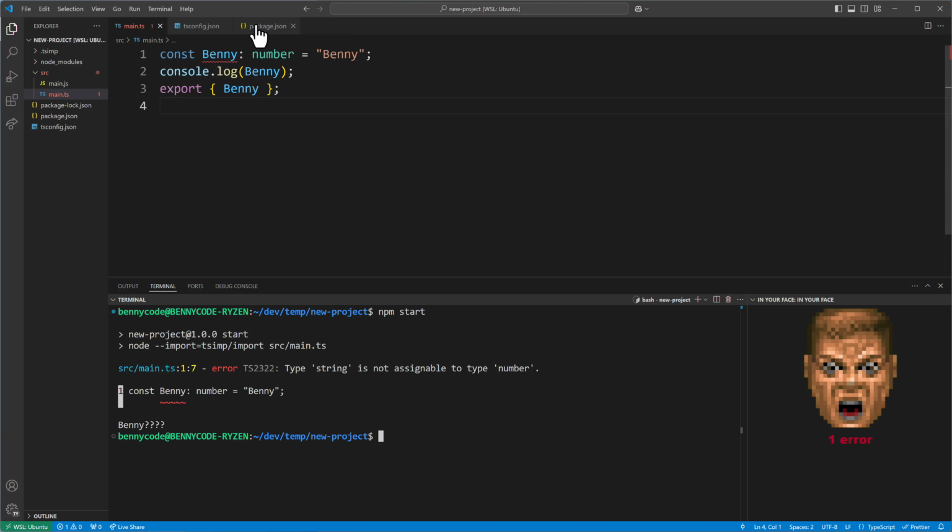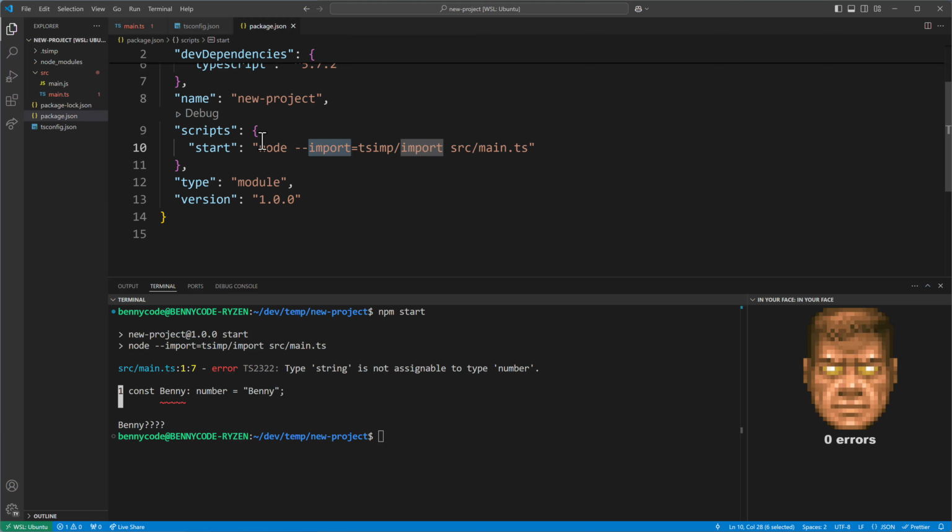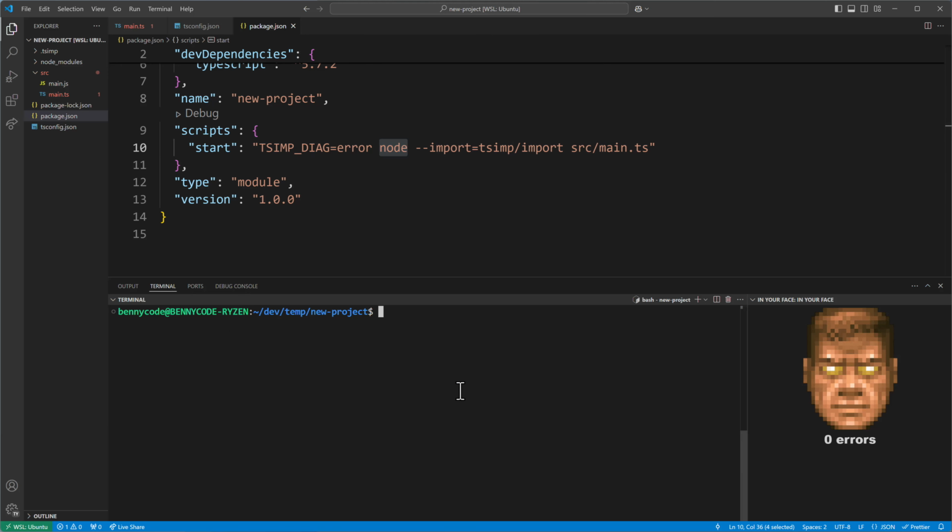But we can prevent that. There is an environment variable that we can set. ts-imp diagnose, yeah, diag, and then we set it to error. And then we run here our node command. And if we combine this,